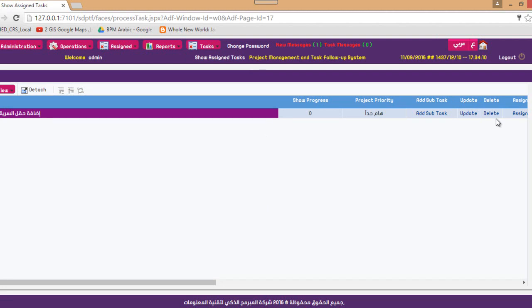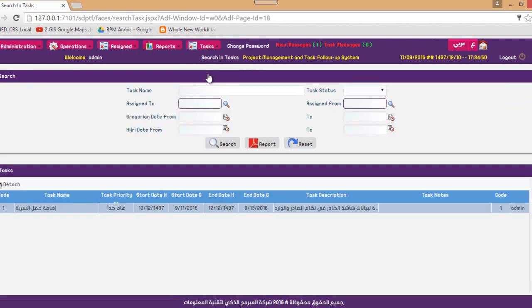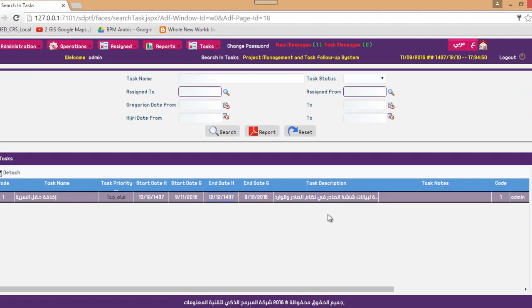So now we have almost the same structure, but without a project manager. Now you have only the main task and who's assigned. In this case, who's assigned is able to divide it into multiple tasks and assign it to different parties as well. And in case you need to search, then we have a screen for searching in standalone tasks. It is going to show you all standalone tasks like this.